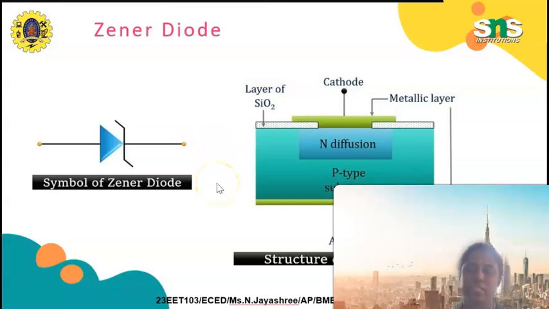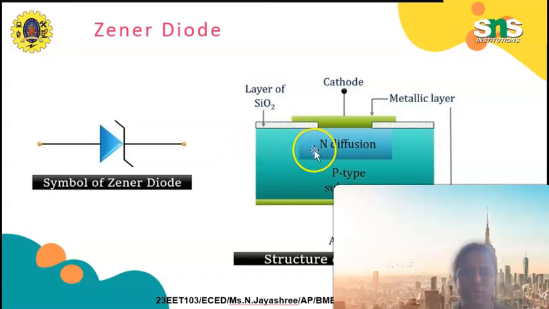This is the symbol of the Zener diode. On the left side a cross will come and the straight line, and again a backslash will come. So this indicates the symbol of the Zener diode, along with the diode which is slightly reversed and forward direction of this straight line from the PN junction diode. That is the symbol of the Zener diode.